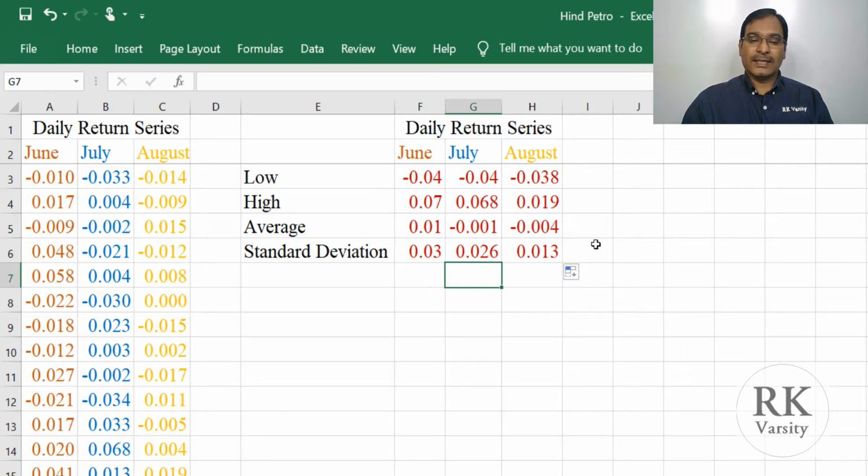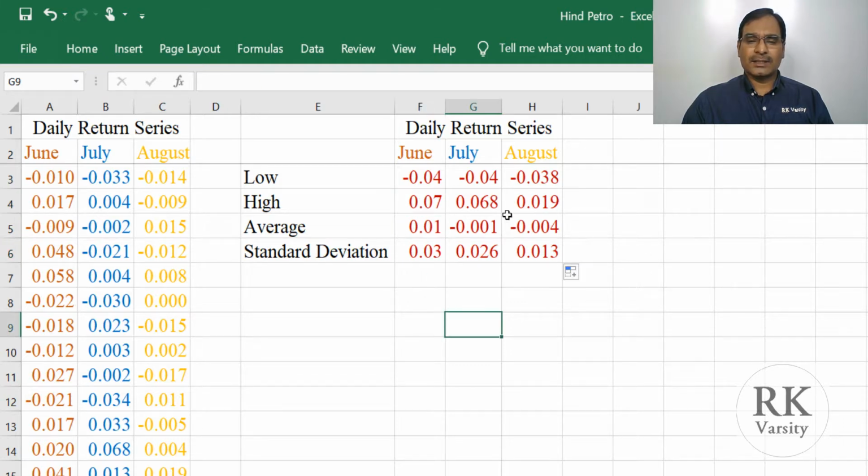Now what this standard deviation indicates is, if the standard deviation is high, then there is high volatility in the stock price. In the month of June the standard deviation is 3%, whereas your return is 7%.